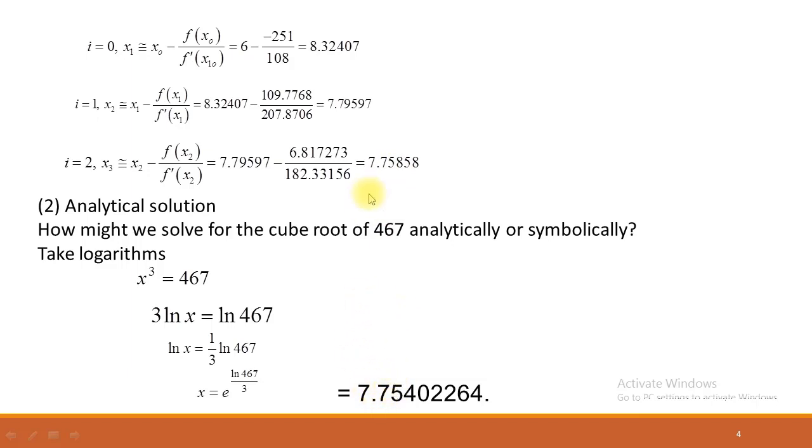So this is the approximate result of the non-linear equation correct to 2 decimal places to the exact result, and we can find the errors by subtracting this approximate result from the exact result.